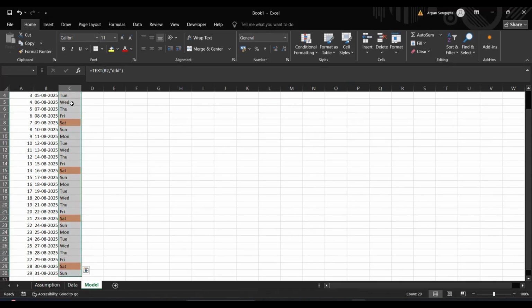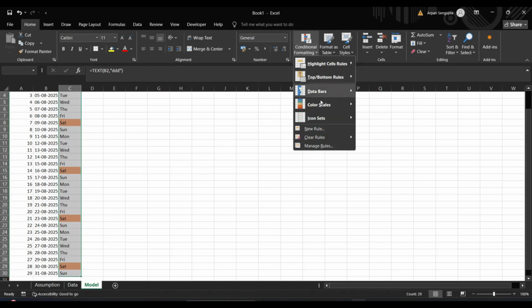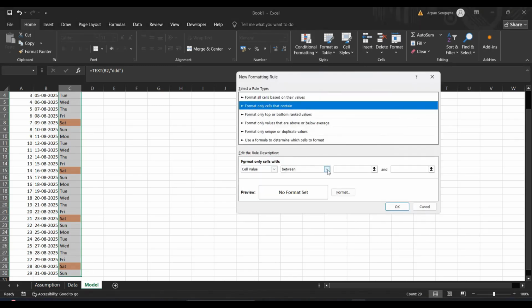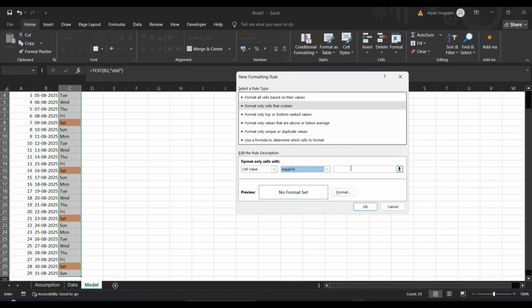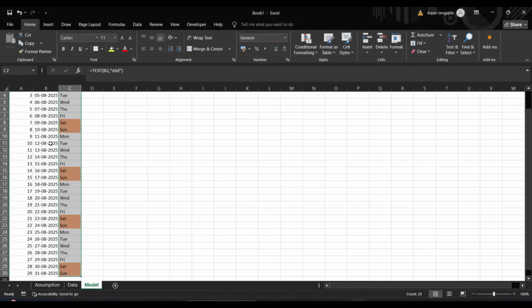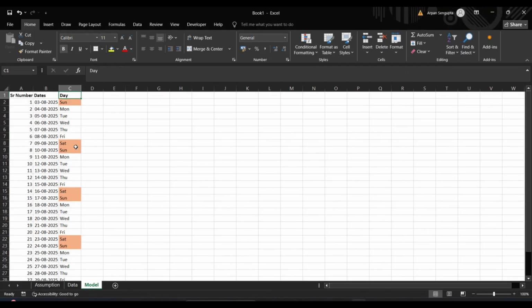Similarly, I'm going to put another conditional formatting rule, which is new rule, and cell that contains value equal to Sun. Okay, and I'm going to put the same color, this one. So this means that that is the weekend, right? So later on we can filter that if there is whatever modeling we are going to do, Saturday and Sunday